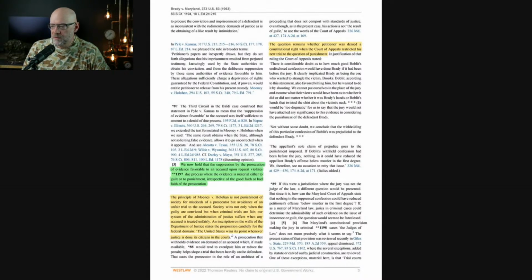The inscription on the walls of the Department of Justice states that the proposition, candidly for the federal domain, the United States wins its point whenever justice is done to its citizens in the court. A prosecution that withholds evidence on demand of an accused, which, if made available, would tend to exculpate him or reduce the penalty, helps shape a trial that heavily bears